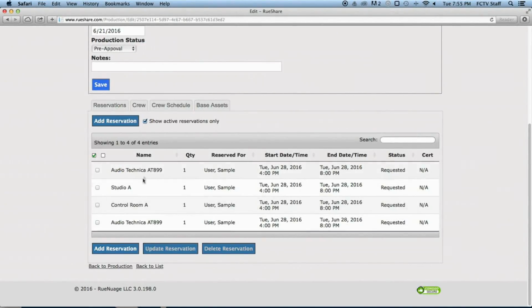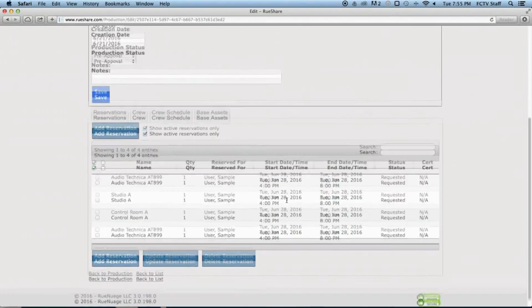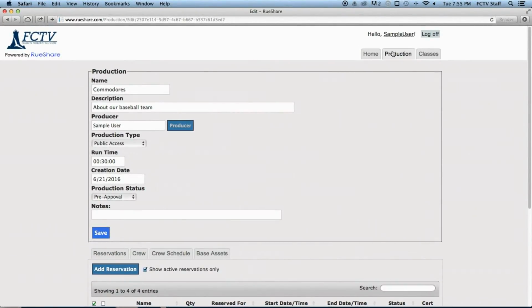And there are the items that I have reserved for Tuesday from 4 p.m. to 8 p.m. Notice the status is requested. All reservation requests are requests and have to be approved by staff. The staff will make sure that you're certified for those particular pieces of equipment, and will approve them if you are. That, in a nutshell, is how we create productions